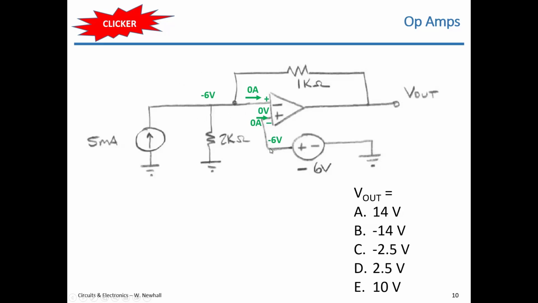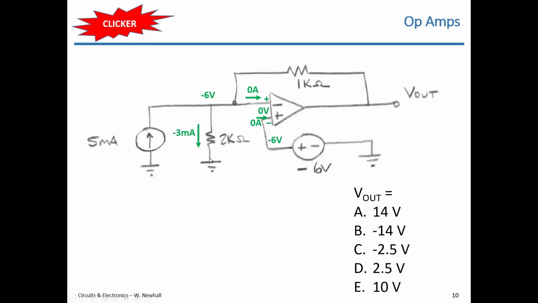So the node voltage of this node equals the node voltage of this node because there's 0 volts between them. So I can say that this upper left node has a node voltage of negative 6 volts as well. Okay, with that, I could figure out the current through this 2K ohm resistor. I have negative 6 volts here, ground here. That means I have 6 volts across that resistor that would cause negative 3 milliamps to flow down,